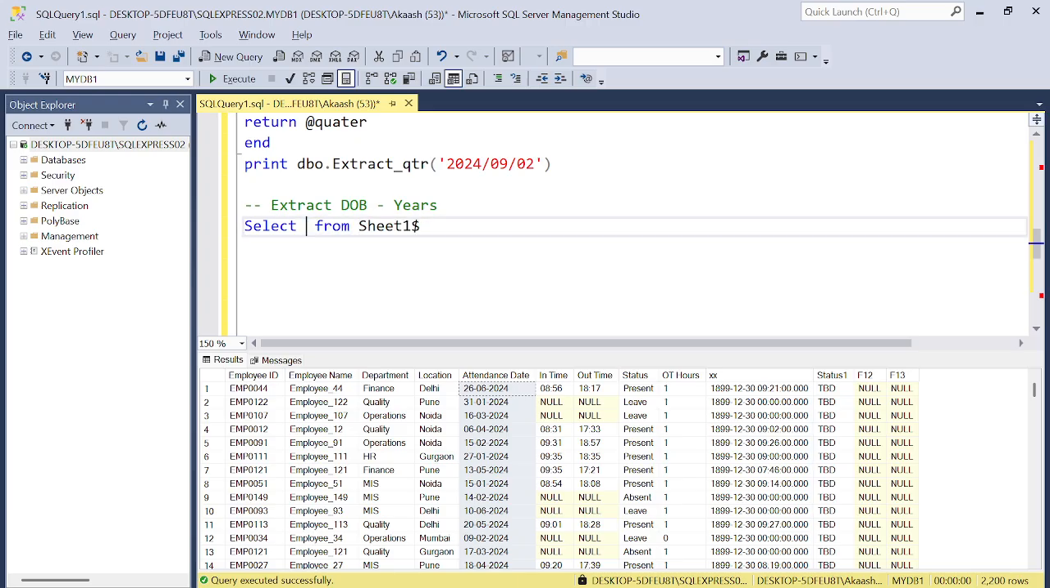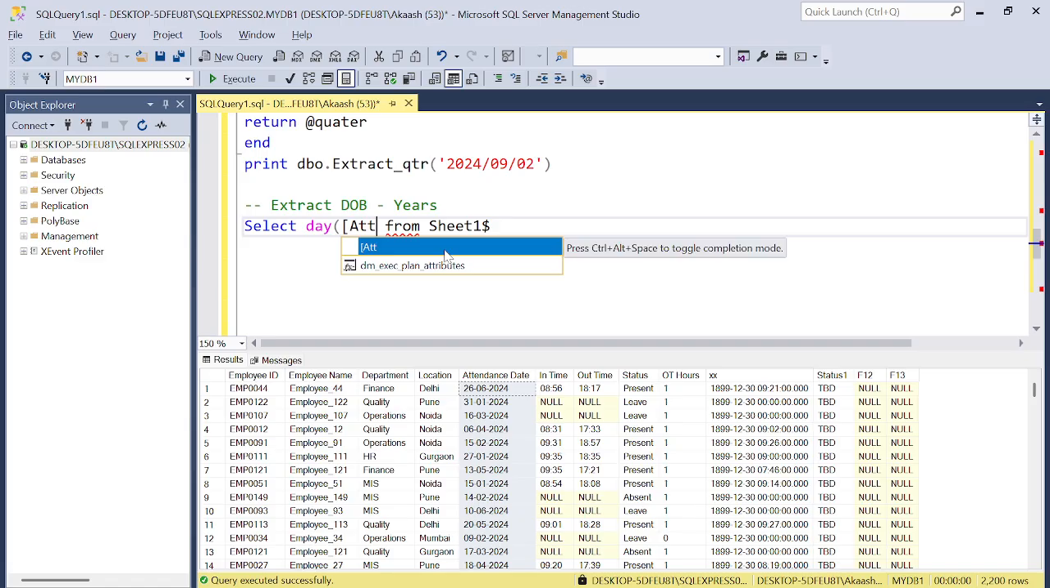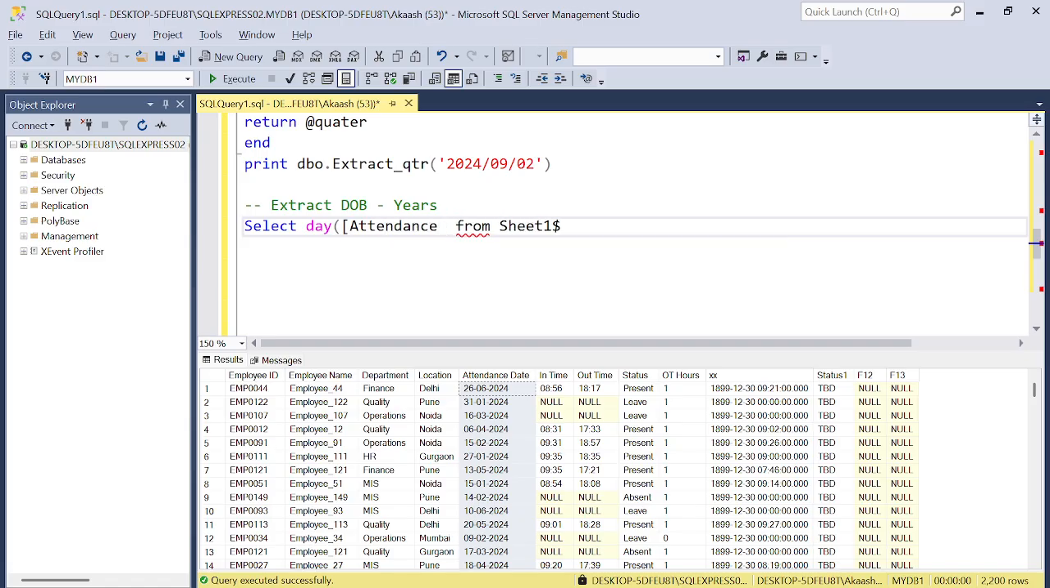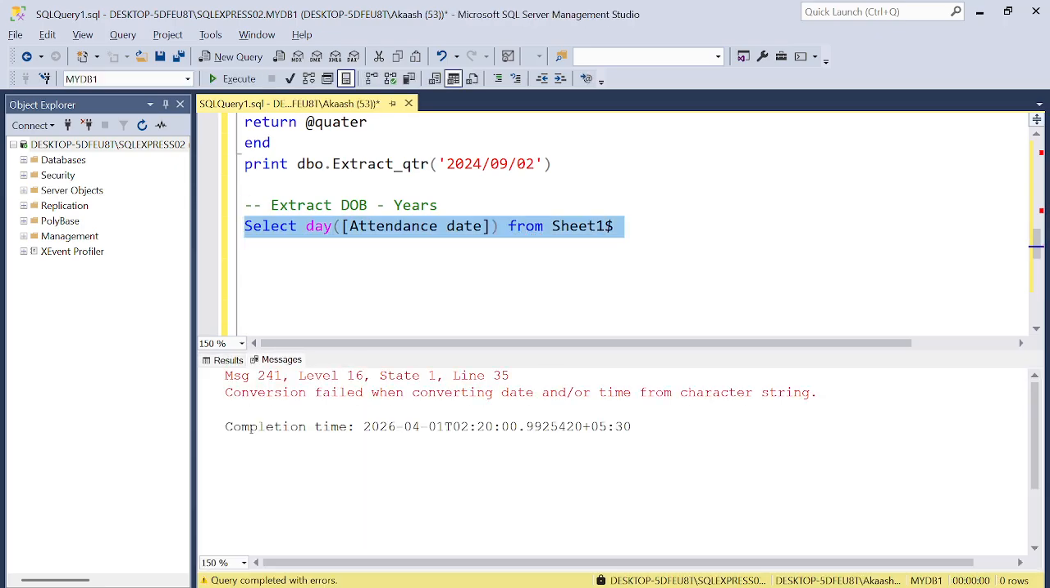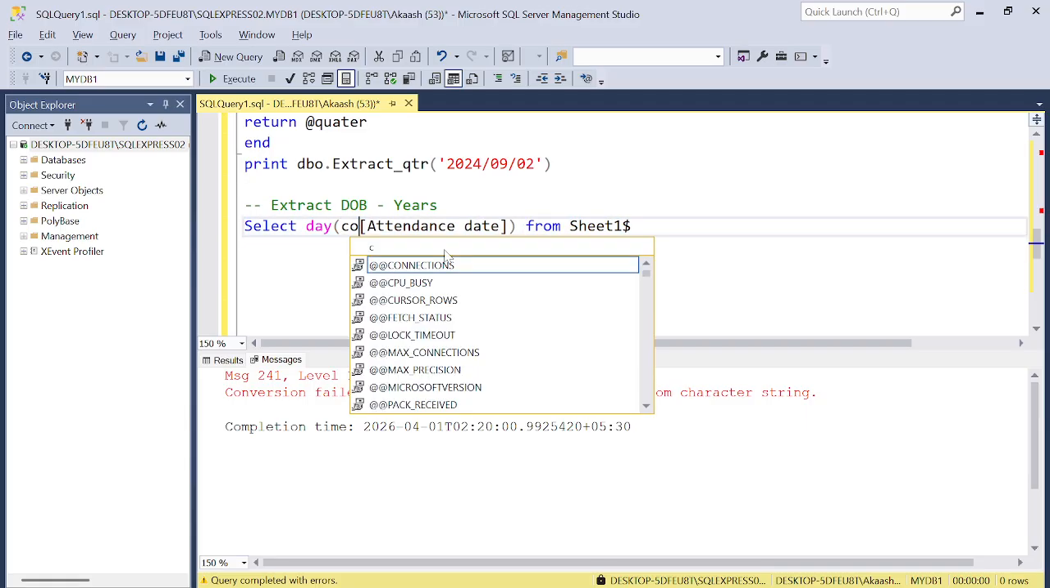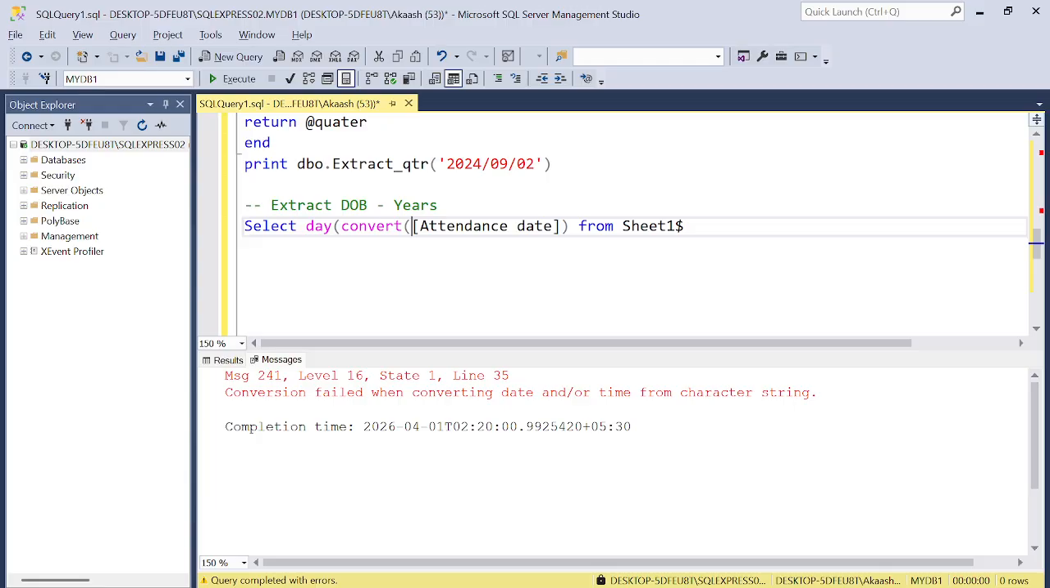Let's check day from attendance date. See, no, this is not. We will convert it. Let's check. So we are not going to convert the same into text or something. So if we do have some data already, select star from